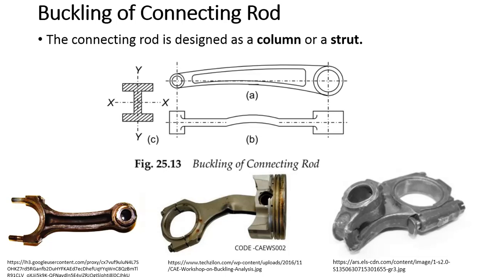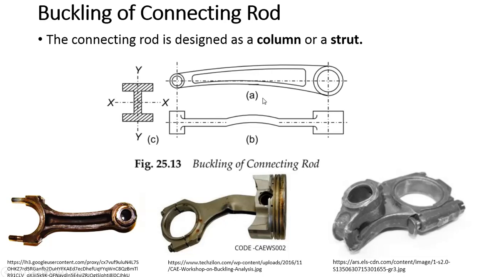Why we consider buckling in this part is because it is the only part which is subjected to axial load, because buckling occurs when the load passes through the axis, that is, when an axial load acts along the axial part. Otherwise it is called a beam when we apply a transverse load. So at both ends, the piston end and the crank pin end, where the forces are applied, if it is compressive we call it a column, or if it is tensile, a strut. So the connecting rod is the one component we can take as an example of a strut.